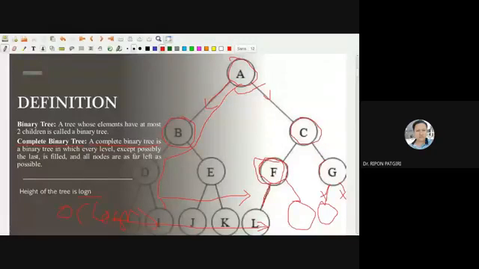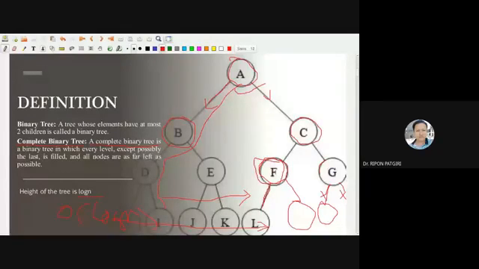If the total number of nodes is n, then on average the height can be log n in a binary tree, not the maximum. The maximum height can be big O of n, because the tree can be skewed. We'll discuss it later in the binary search tree or binary tree.